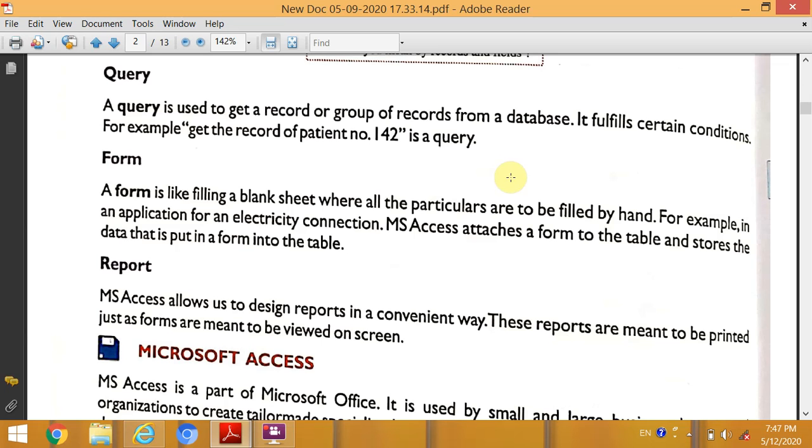A form is basically a blank sheet where we can fill the details about customers, students. Just like an example, when you get admission, you have to first fill the admission form.